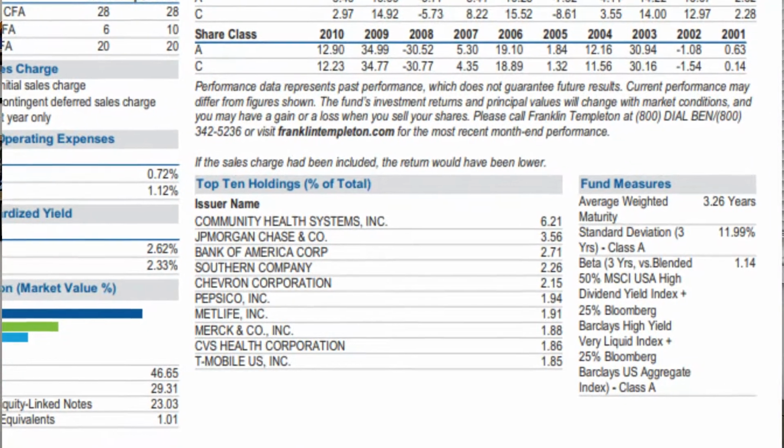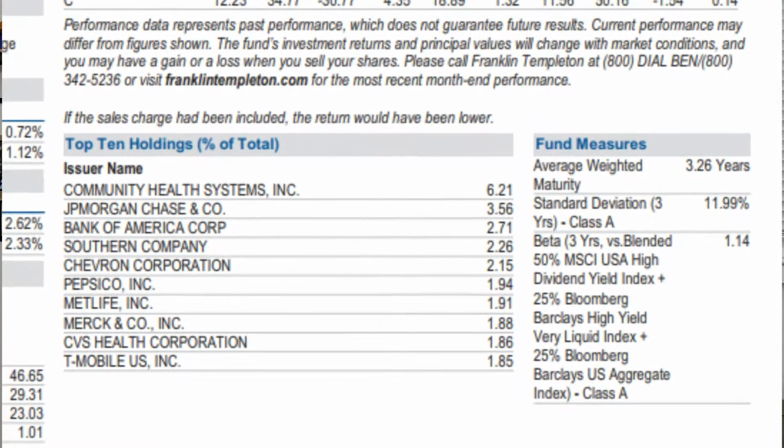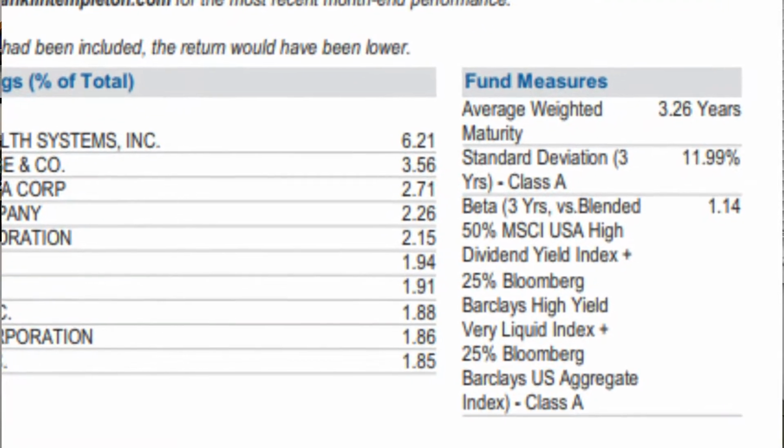And just under that is the beta. If you're not familiar with beta, the beta basically measures how risky an investment is compared to the overall market. The overall market representing a 1. So if a beta on a mutual fund is also a 1, that means it is as risky as the overall market. In this particular case, the beta is 1.14, meaning it is just a little bit more risky than